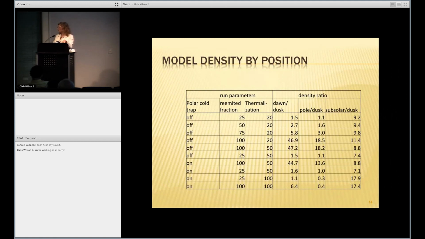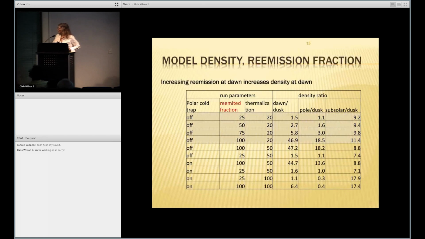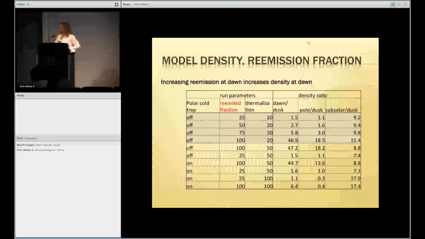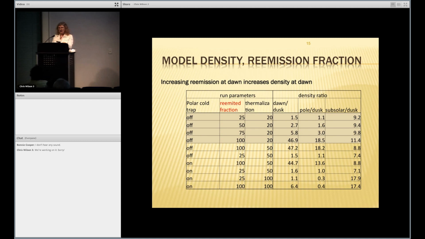Normalization between 20%, 50%, and 100%, and then computing the dawn to dusk ratio, pole to dusk ratio, and subsolar to dusk ratio for each of these runs. And so what you see then is the re-emitted fraction really influences the pole to dusk and the dawn to dusk, and that's because what you're looking at is if